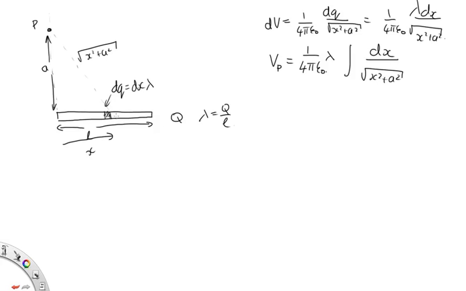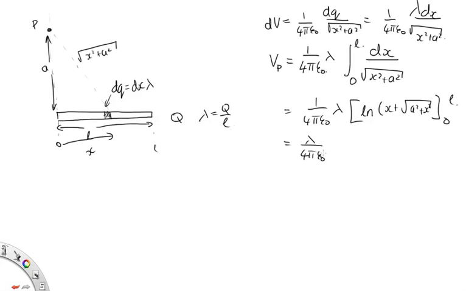So we're summing up all these little dx contributions, and we're summing them from x equals 0 up to the end of the rod, which is x equals L. So we go from 0 to L. So this is 1 over 4 pi epsilon naught lambda, and then this is a standard integral. It's equal to ln of x plus the square root of a squared plus x squared, and that's at 0 and L. So we've got lambda over 4 pi epsilon naught ln, and then this is L plus the square root of a squared plus L squared minus ln of 0 plus the square root of a squared plus 0 squared,